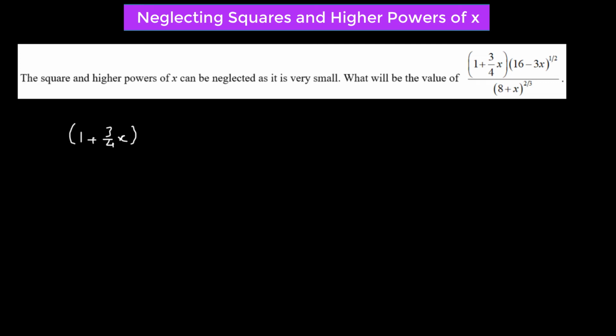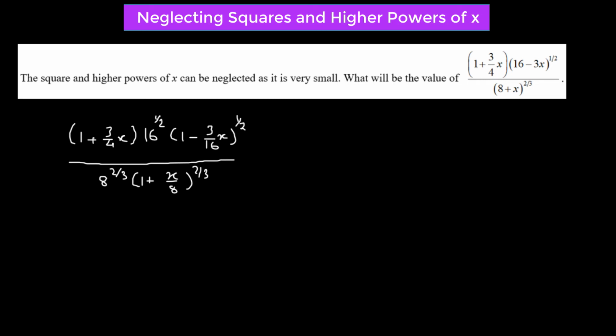Now for the second expression, we need a 1 in one of the terms, so we're going to factor out 16. So we have 16 raised to the power of half times (1 minus 3 over 16 x) raised to the power half, divided by, we're going to factor out 8, so we have 8 raised to the power of 2/3 times (1 plus x over 8) raised to the power of 2/3, and that should give us 1 plus 3/4 of x times, so we have 16 raised to the power of half, which is simply square root of 16, and that should give us a 4, times, we're going to apply the binomial approximation, so we'll have 1 plus half times negative 3x over 16